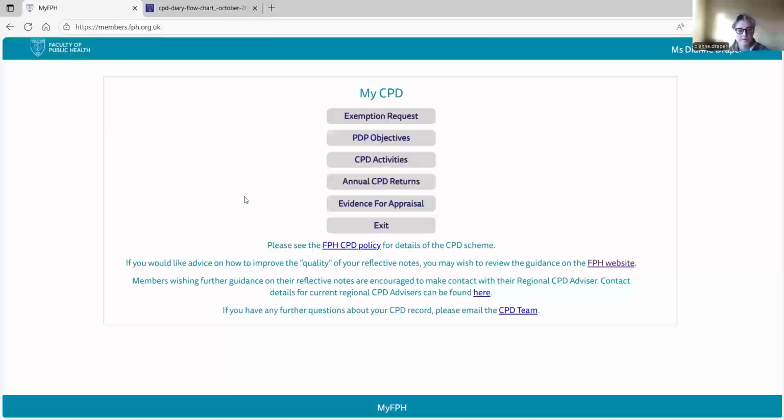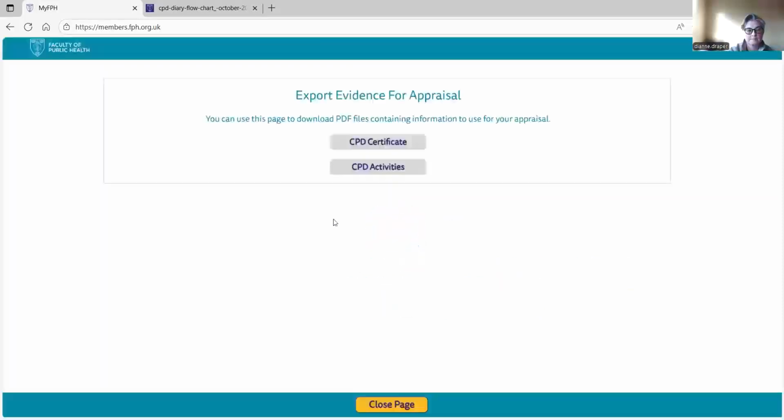So all we need you to do is, when the appraisal time comes round, just click on the evidence for appraisal button and choose whether you want the CPD certificate and the CPD activities to be downloaded. Remember, you can look at the CPD activities just as a list or with reflective notes, but remember, if you do that, all of your reflective notes will be carried over into your